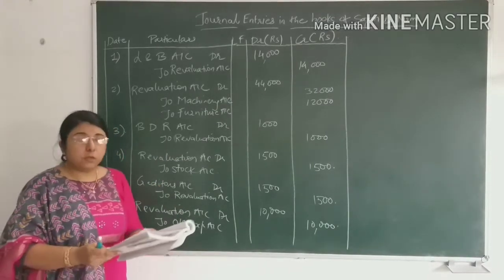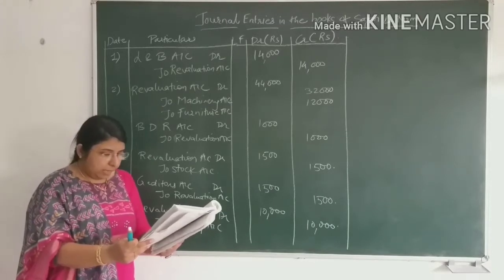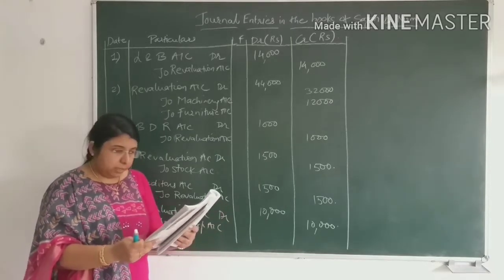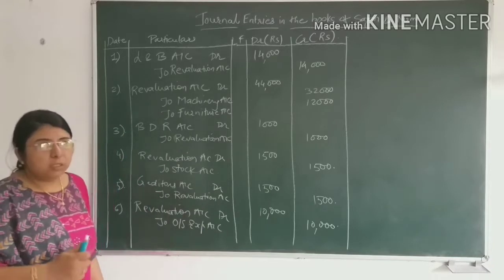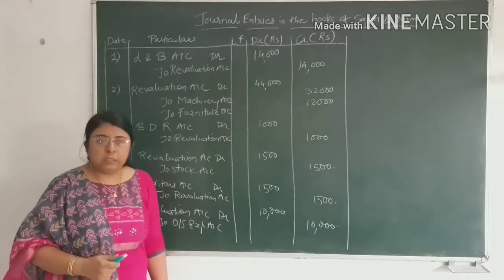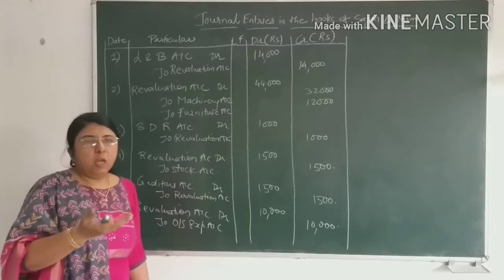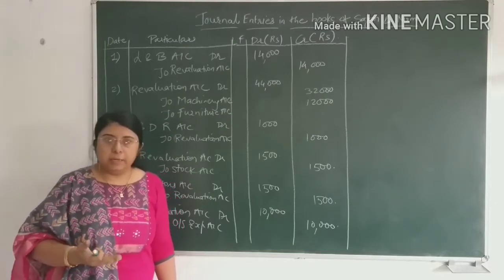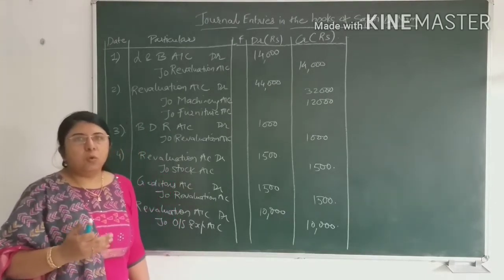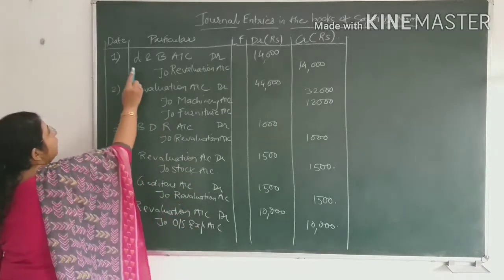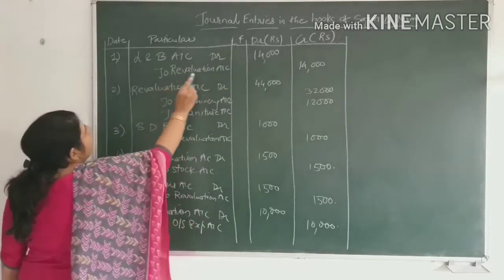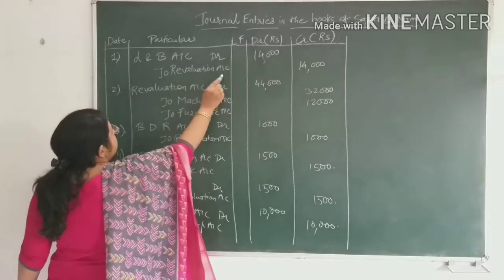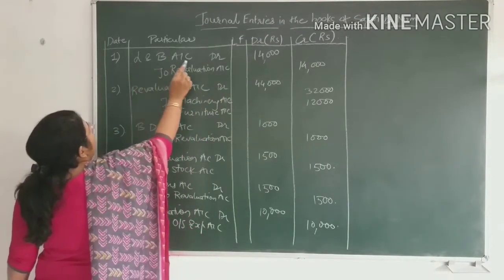As you can read in the first adjustment, the value of land and building is to be increased by 10%. What is the value of land and building given in the balance sheet? That is 1,40,000. 10% increase, so it would come to 14,000. Due to increase in the value of asset, profit will occur to the firm. Due to profit, revaluation account will be credited. Whenever profit will occur, revaluation account will always be credited. So what would be the first journal entry? Land and building account debit to revaluation account credit by rupees 14,000. It means revaluation account will be credited as profit will occur, and land and building account will be debited as